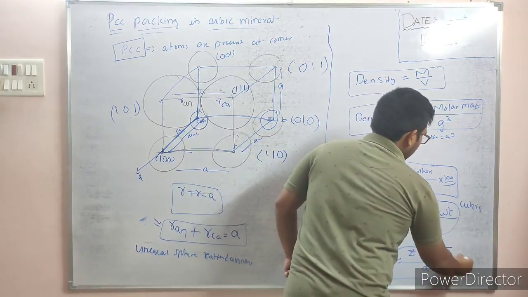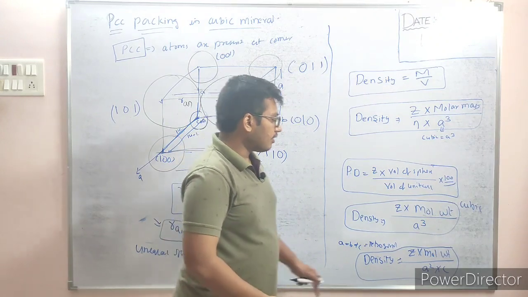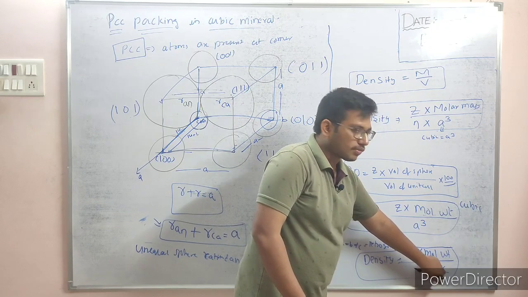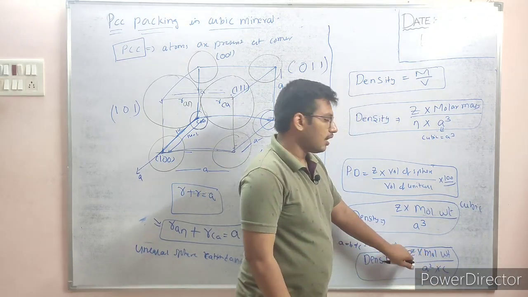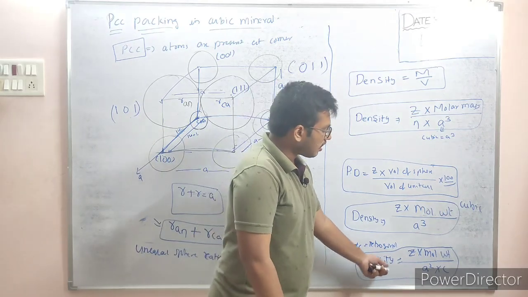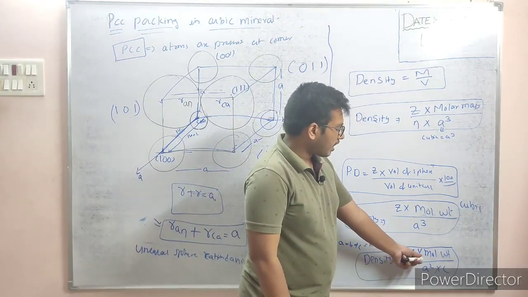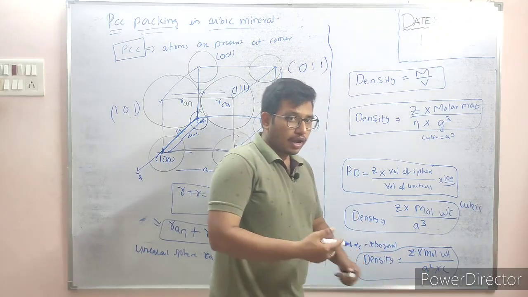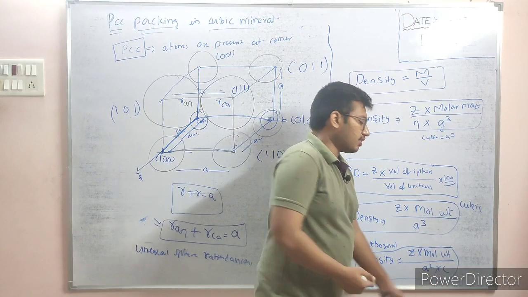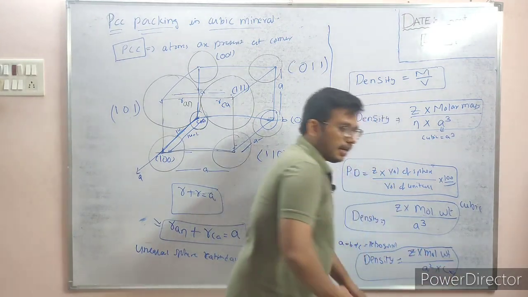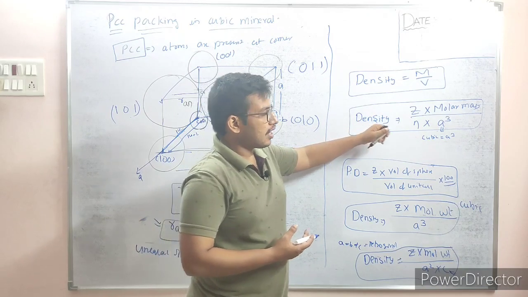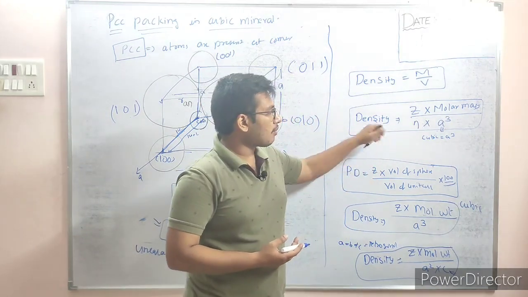So how they will ask is that they will give the edge length a, the edge length c, the molecular weight, and the effective number of atoms, and ask for the density. Or they can give the density, the effective number of atoms and molecular weight, and two equal edge lengths, and ask you to find the third edge length, which is c. Any type of question they will ask on the basis of this, so you have to thoroughly understand the concept and the formulas.